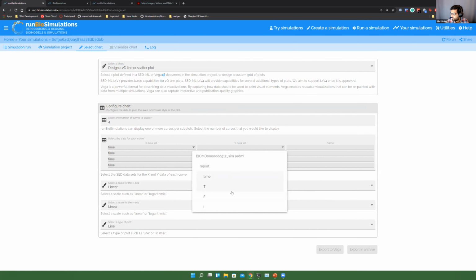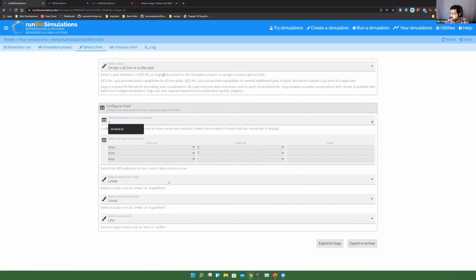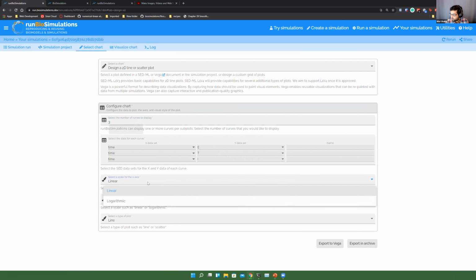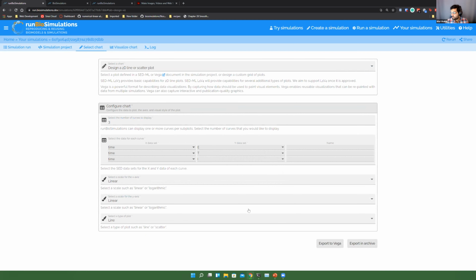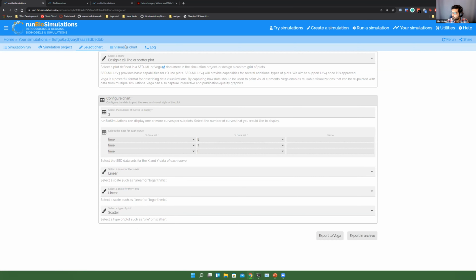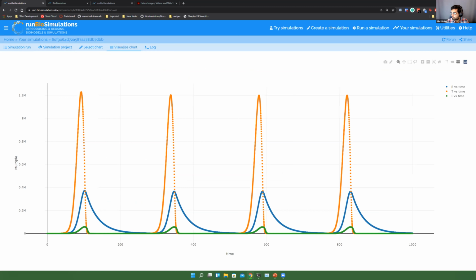And from here, I can now select some of the variables that are present in the simulation. I guess there's only 3 variables in this case, so it's going to end up looking exactly the same as the chart we just saw. But this time it's custom. We created it ourselves. And we have the option here now of changing some of the scales on the plot. I can look at this as a line plot or a scatter plot, for example. And now as you can take a look at the chart that we've created, it's now sort of tuned to what it is that we're trying to explore.